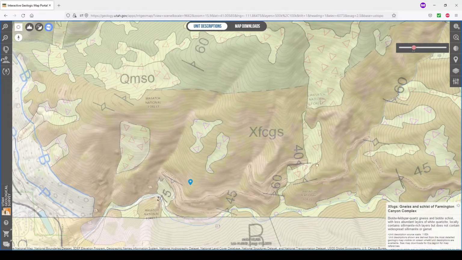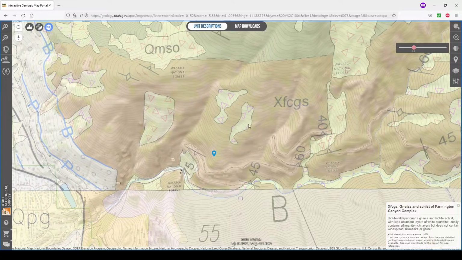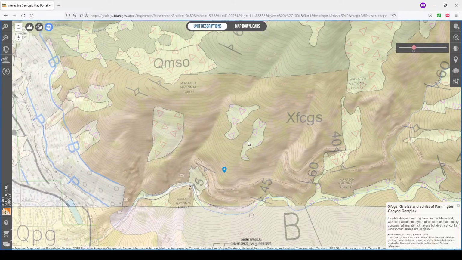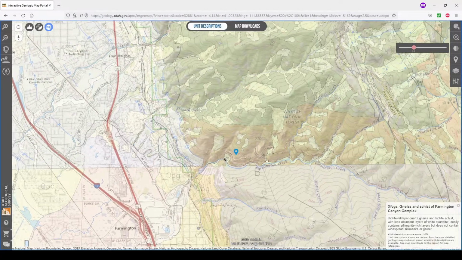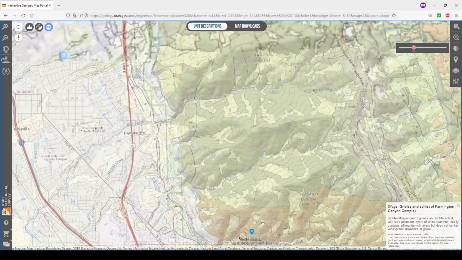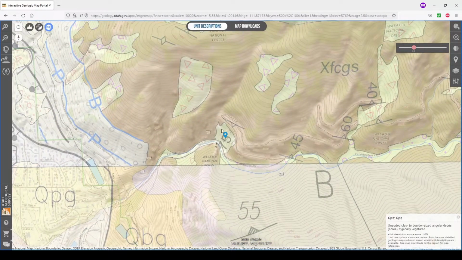And it's got, as you can see in the description, a fair amount of nice biotite schist and a little bit of white quartzite. It does not have a widespread amount of sillimanite or garnet in this particular part of the Farmington Canyon Complex. Now, there's multiple formations that will be marked on the map that are part of the Farmington Canyon Complex group, okay? It's a group with subunits in it. This particular bit is not particularly interesting. However, the one next to it,